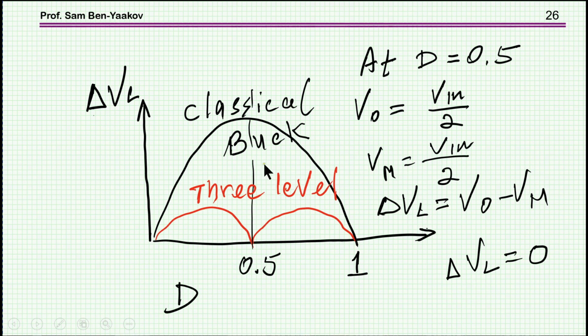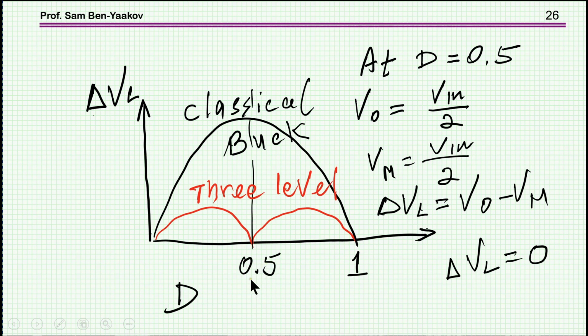And in the classical case, classical buck, you have a maximum at 0.5. This duty cycle 0.5 has a maximum, and this is the shape. Now, in the case of a 3-level, this is what we are getting. So not only is the value lower, this is not to scale, of course, but we have a sort of a 0 point here, and the reason for the 0 point is that